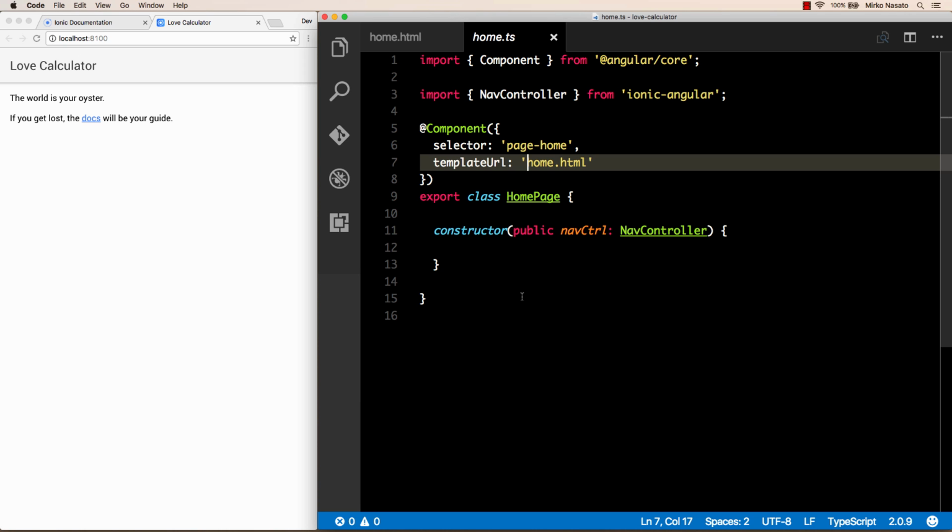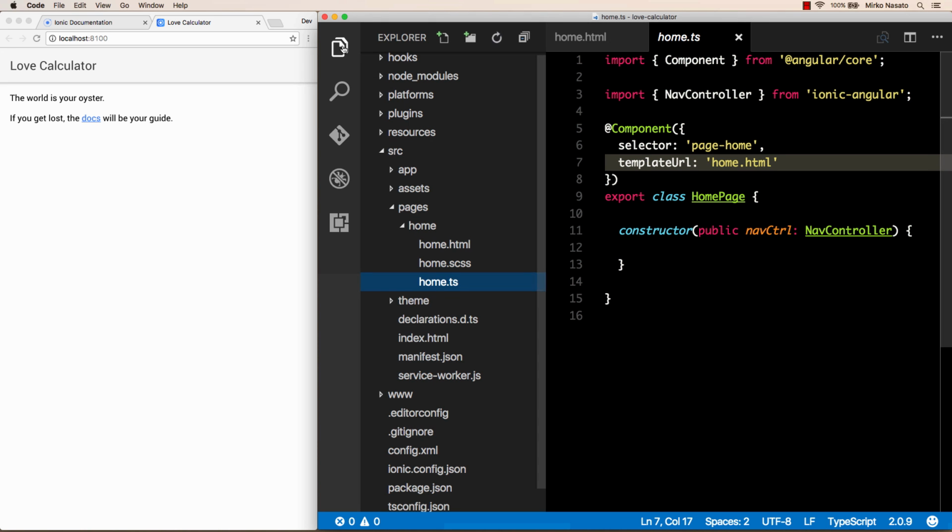In Ionic, they are called pages by convention, and they are a bit special in that you can navigate to a page using the Ionic navigation controller. We'll cover navigation in more detail later in the course. In this example, we just need a single page, but as a quick overview, if we look at the app folder, there is an